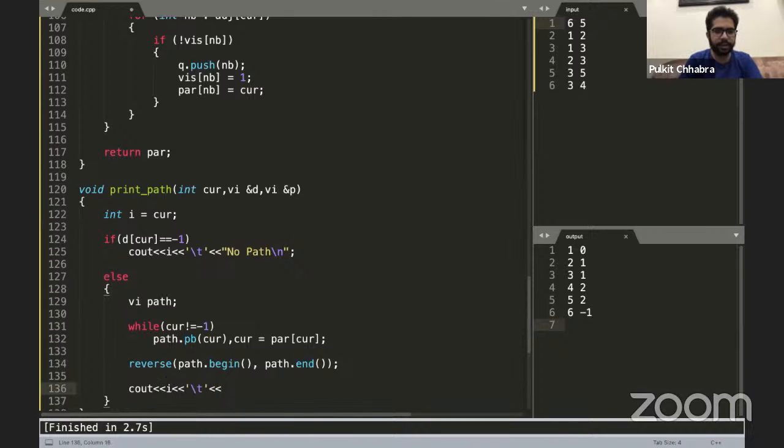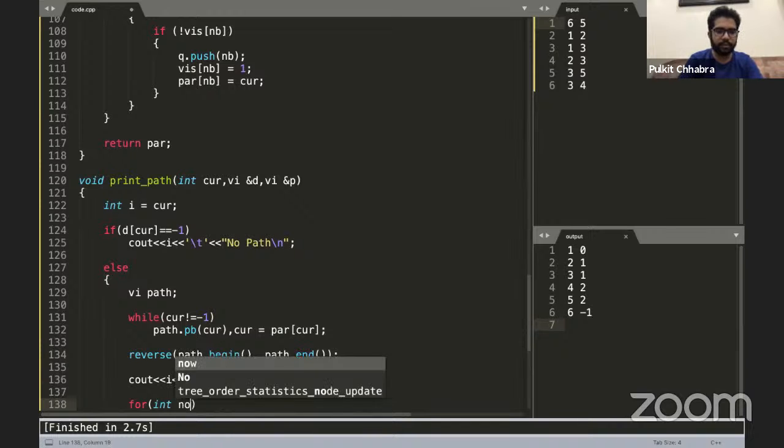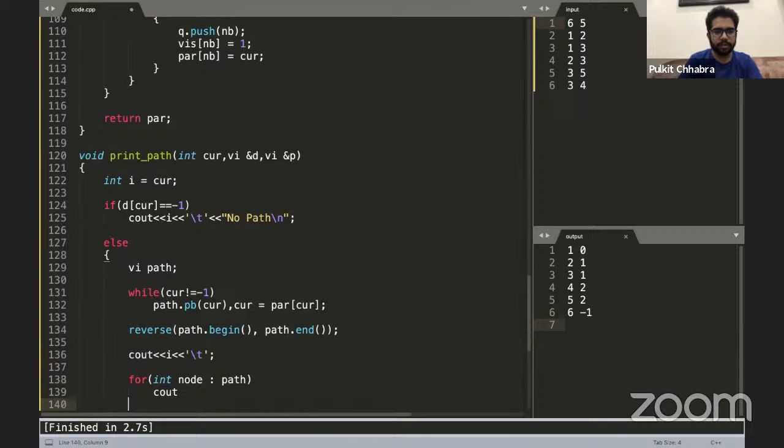Had I printed current here, it would have given me a wrong value, because I have already updated the value of current to -1, right? So I'll print I here, and then for each node belonging to the path, cout node, and then an enter key.